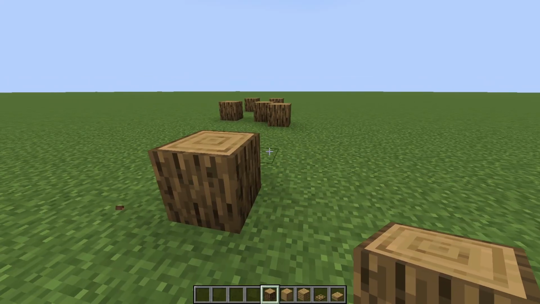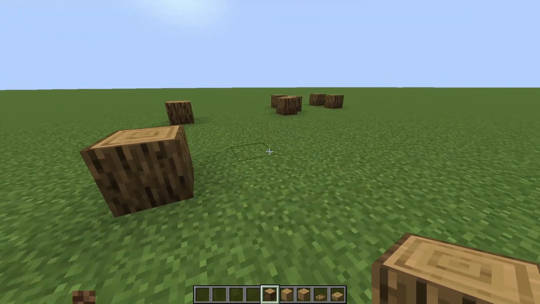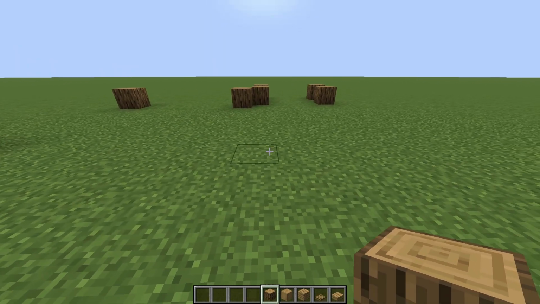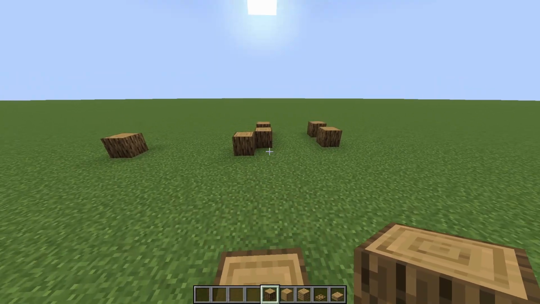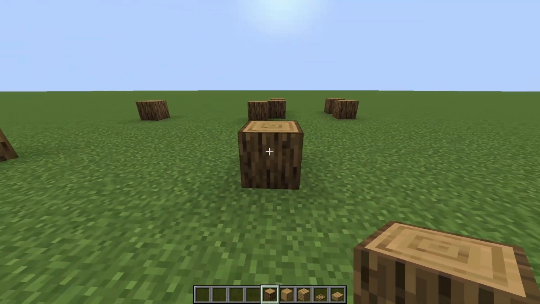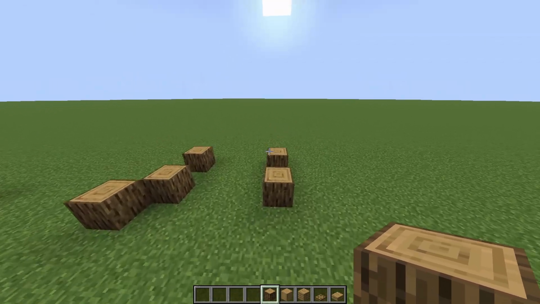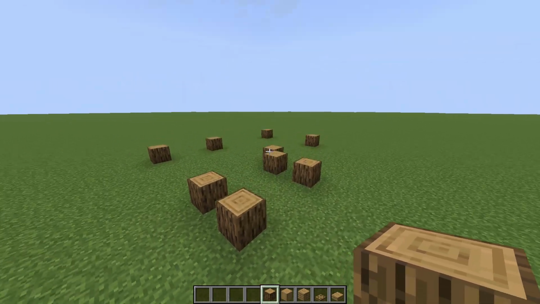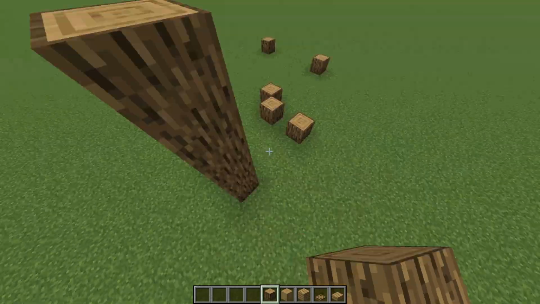Place a block, and then we're going to go over 5 again. Just like that, and then we're going to come along to the back here and line it up with the 2 blocks up front. So it should be like this, and 3 over, and we're going to put another one. And now what we're going to do is build up 4 blocks on top of each of these logs, so